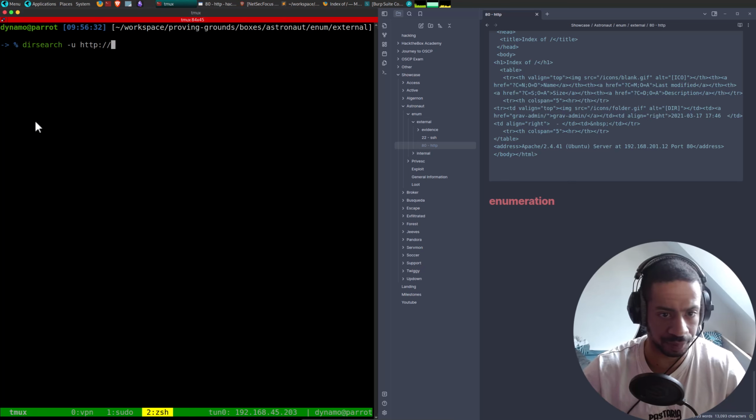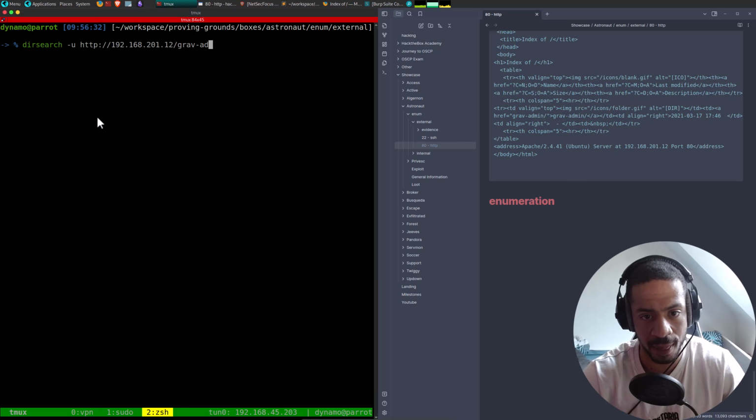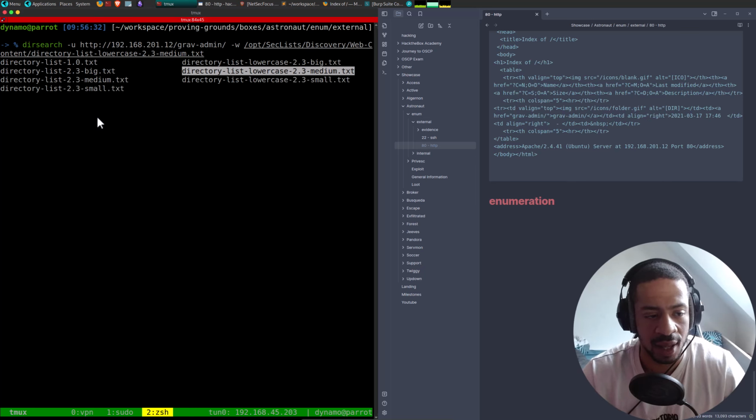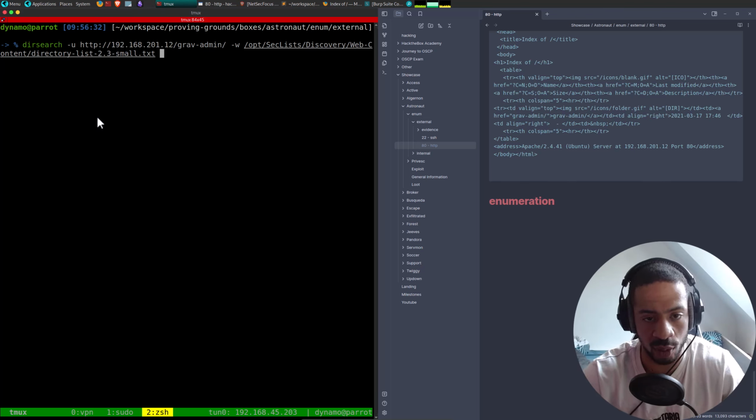No. Like that, port 80, and then let's say gravadmin. -w /opt/seclists/discovery/web-content/directory-list, and it's Linux. Yes, so let's not do lowercase, but let's do small. We'll be fine with that.